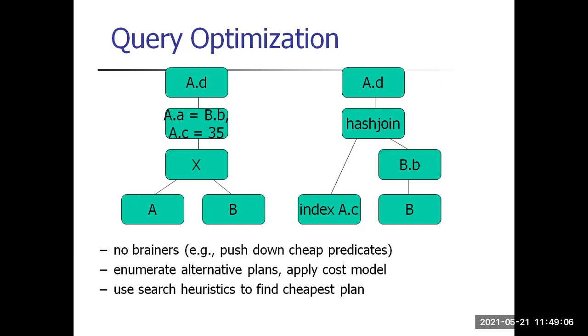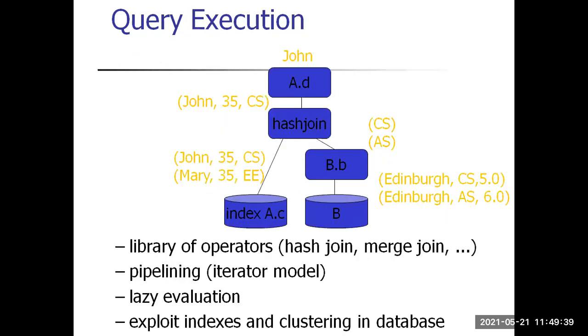So we are getting some values of B from the B table, from B.B, and A.C of the index part. So with the hash join and an index on A.A and A.C, we are getting the values from table A. There is a cost model or heuristic search for the cheapest plan. So we need to apply that: how we can optimize this part, what process we can use so that it takes shorter time.